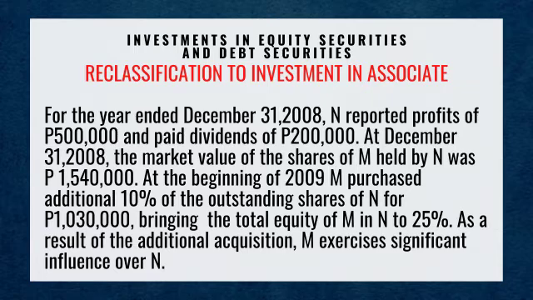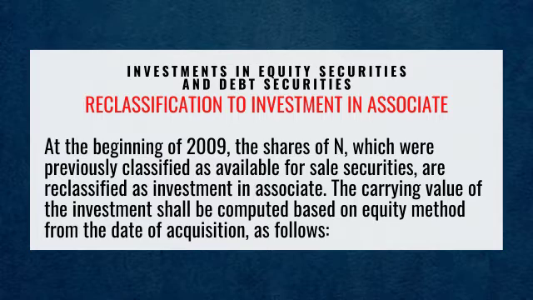M exercises significant influence over N. At the beginning of 2009, the shares of N, which were previously classified as available for sale securities, are reclassified as investment in associate. The carrying value of the investment shall be computed based on equity method from the date